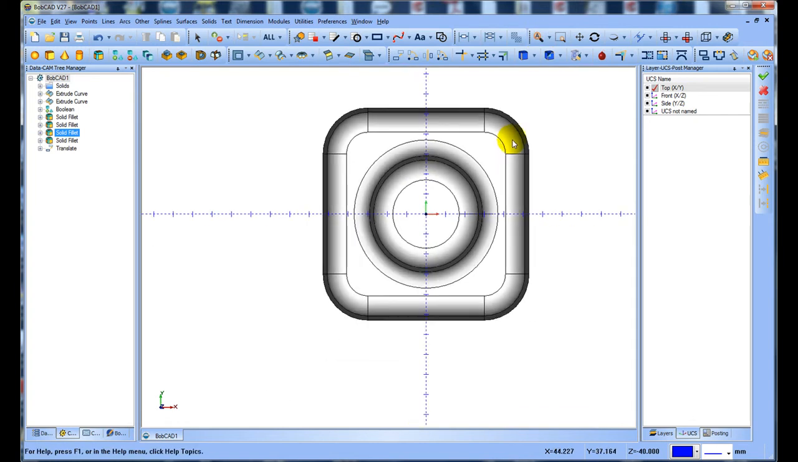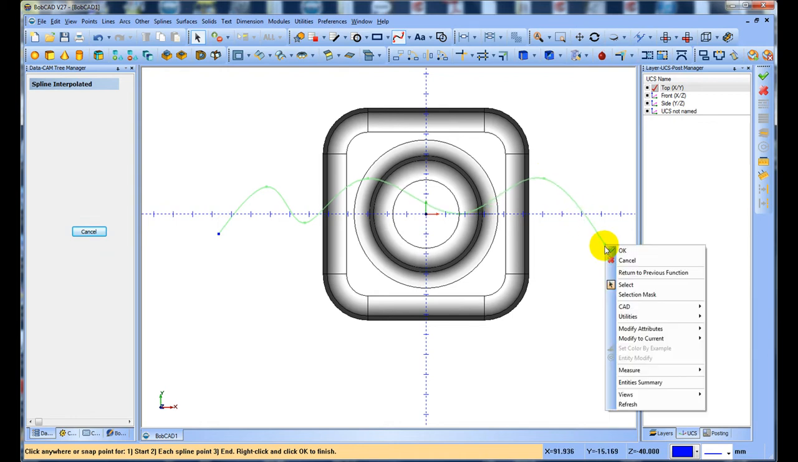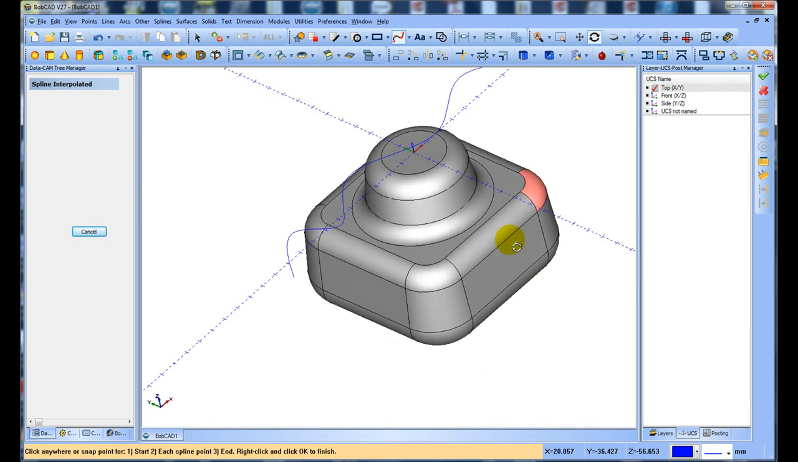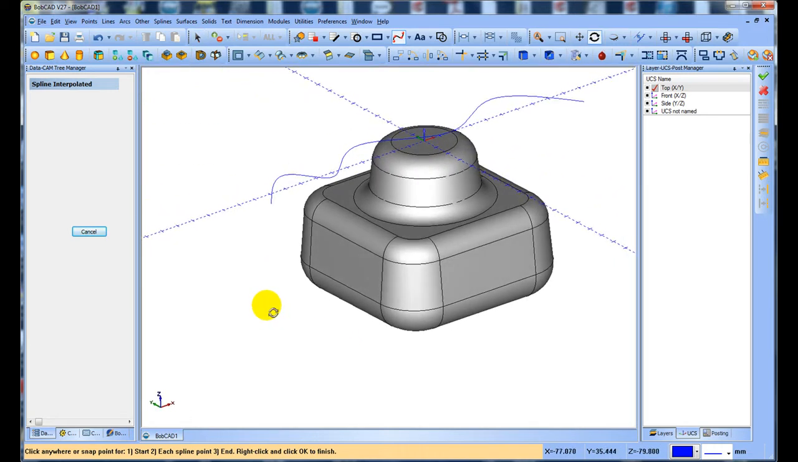view all, and what I'll do then is I'm going to create myself a spline, interpolated spline. So all I'm going to do is pick a shape or a spline and select OK. So you can see in the top there I've created that spline effect. So what I'm going to do now is extrude that down as a surface. So if I go into surface,